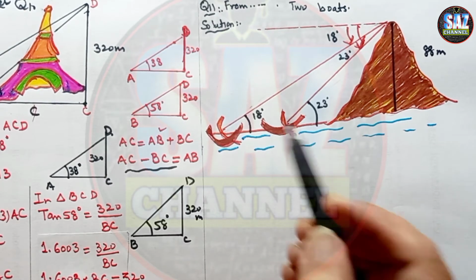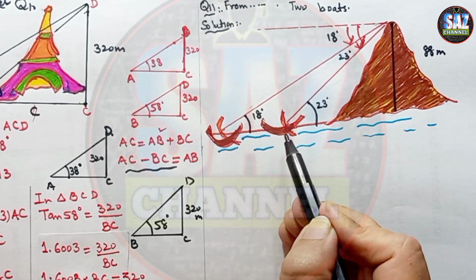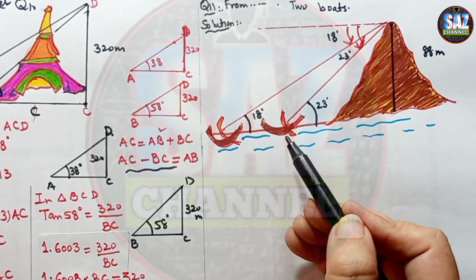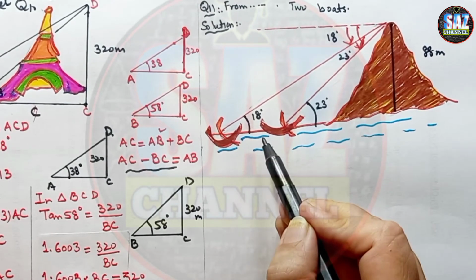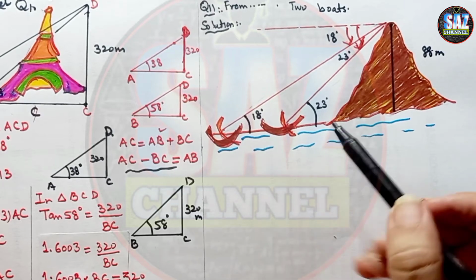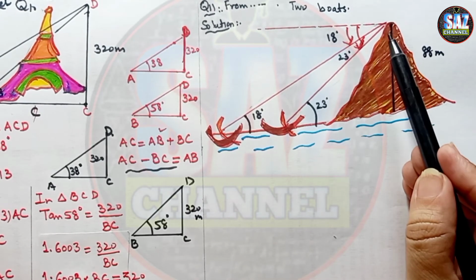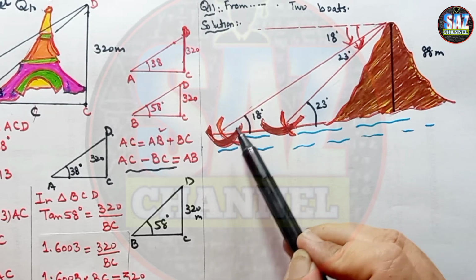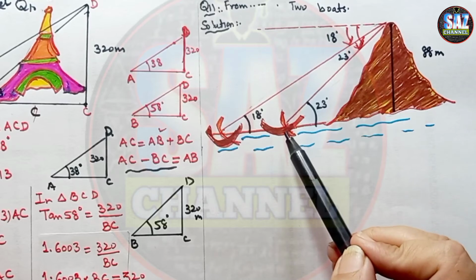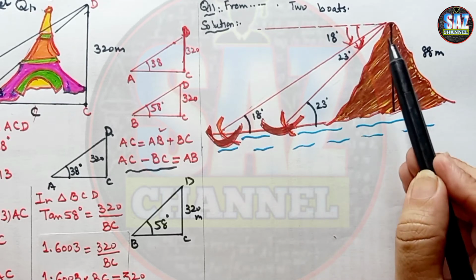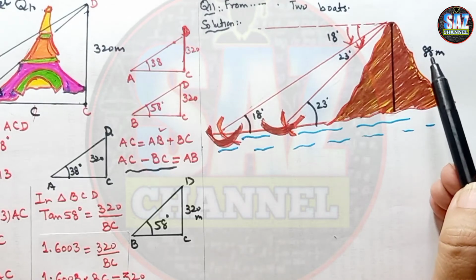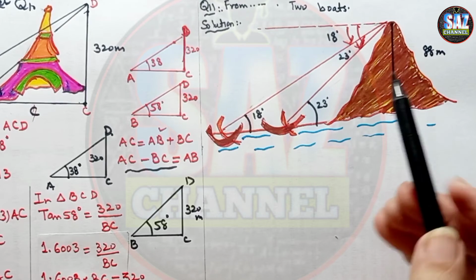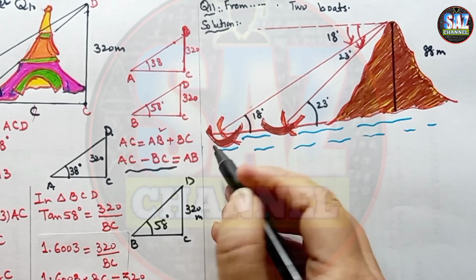And now the actual requirement of the question is that we have to find the distance between these two boards. In order to find it, if we observe the whole diagram, from this point to the outer board we have one big triangle, and up to the 23 degrees angle we have another right triangle. Both right triangles have the common height, which is 88 meters. Now the problem is how to find the distance between the two boards.